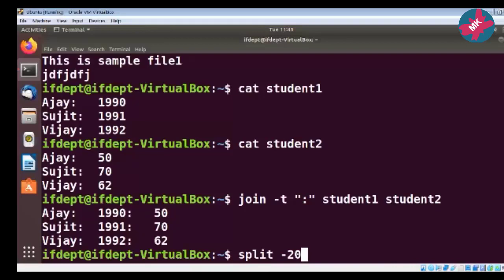So what am I going to achieve by this split command with -20? 20 means I want my files to be of size 20 lines, and then my file.txt. Now this split command will split it according to my preference, and the files will be named XAA, XAB, like that. So let us see what happens here. It won't show me anything here, but I have to just run the ls command.